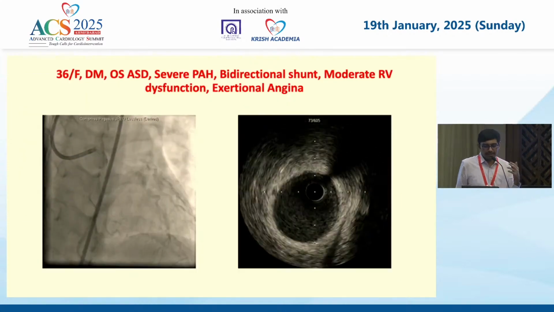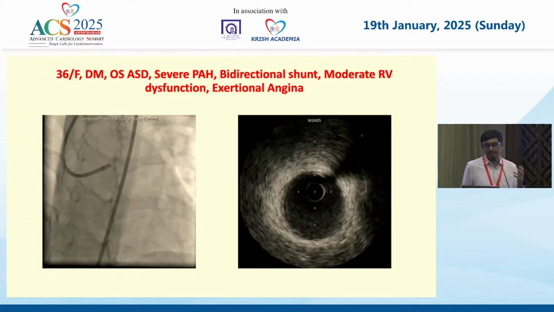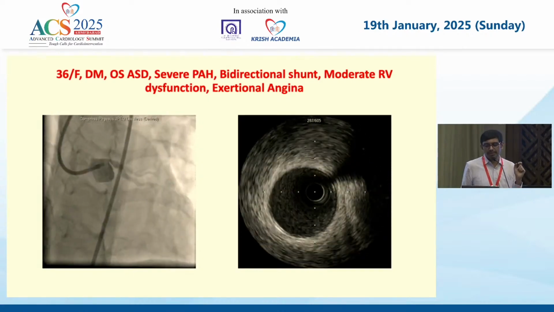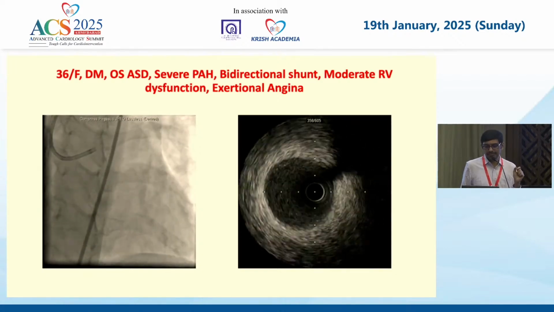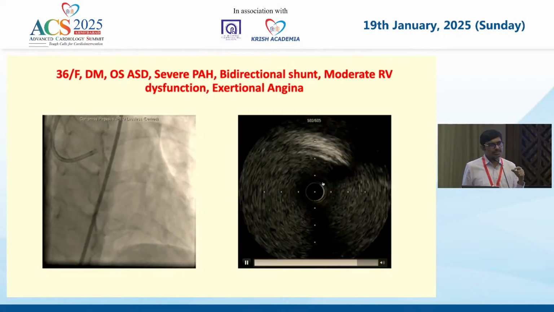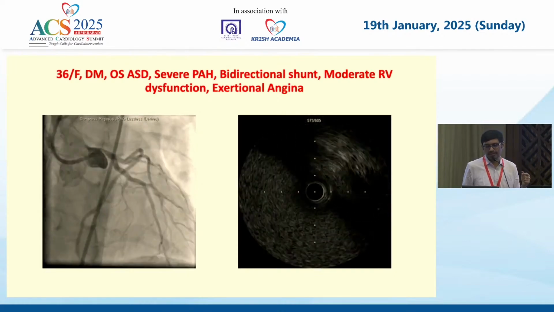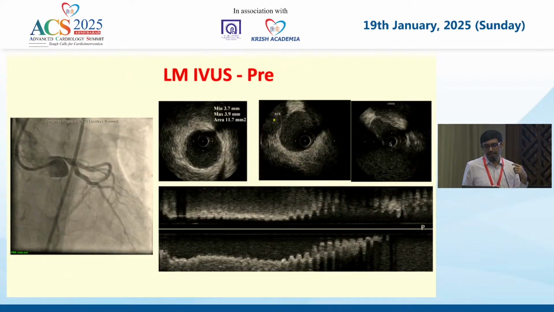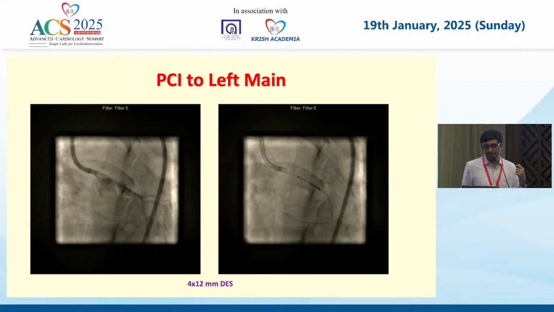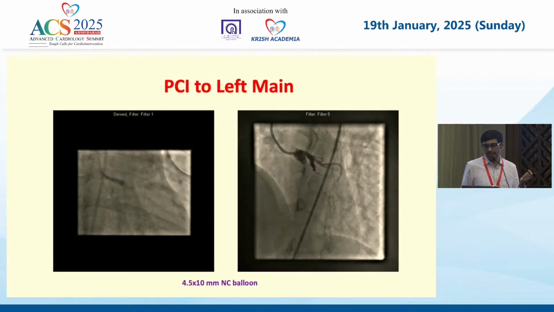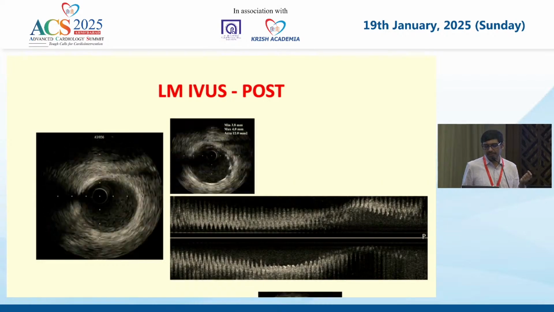This is another patient, 36-year-old female, diabetes, ostium secundum ASD, severe PAH, bidirectional shunt, moderate LV dysfunction, presented with recent onset angina. And this is what that angiogram showed, and this is an IVUS image here. You can just see that eccentric slit-like orifice of your left main ostium. So this is actually what we saw at the ostium, and this patient underwent stenting for the left main with a 4 by 12 millimeter DES and final optimization,